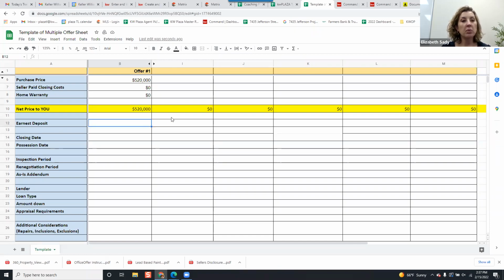The next term that I would say, and the reason I put those 3 in that order is because it's going to affect the net to the seller, is additional terms. So if there's ever a time that there's an additional term in there, like a new roof or painting or something of that sort,